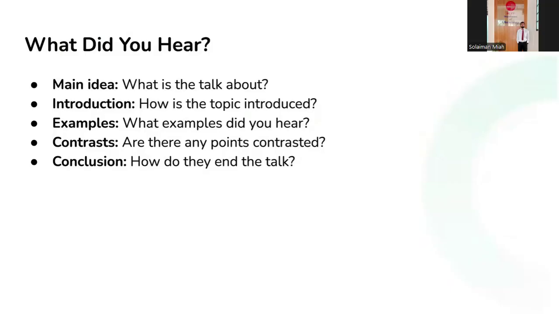Consider the main idea of the lecture, what the entire talk was really about, and how the professor introduced that idea at the beginning. Identify the examples you heard, and think about how each example helped illustrate the concept. If the professor contrasted different ideas or behaviors, make note of that, because contrasts can highlight important distinctions. Finally, think about how the talk ended, since the conclusion often restates the point in a simpler way or reinforces